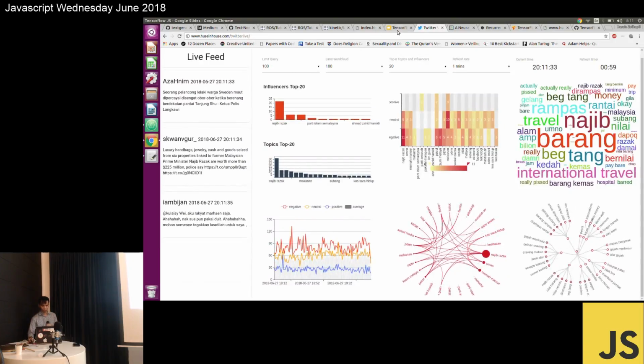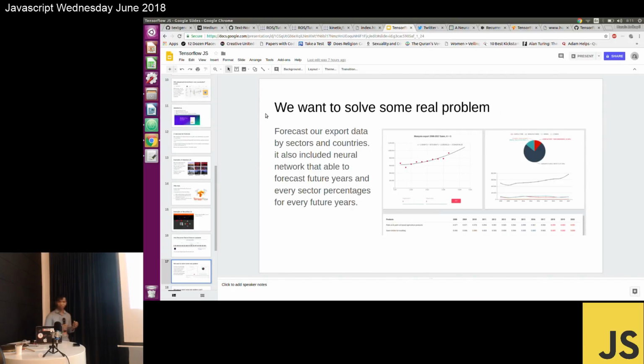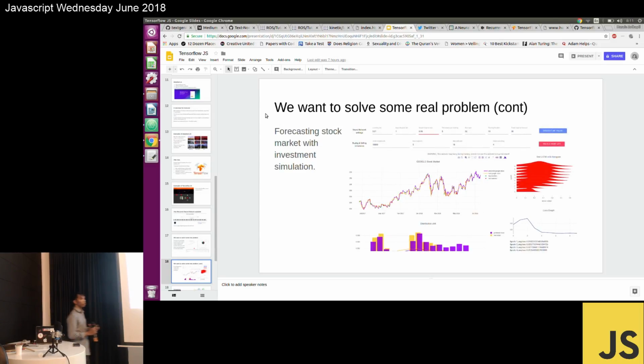I'm sorry. So this is the first example of how we are able to use a neural network to solve a real problem, not a toy problem like the TensorFlow.js examples. They just use it to play Pac-Man or predict a football trajectory. And then second, focusing on the stock market. This one is the same as previously when I used Python, but this time it's pure TensorFlow.js.